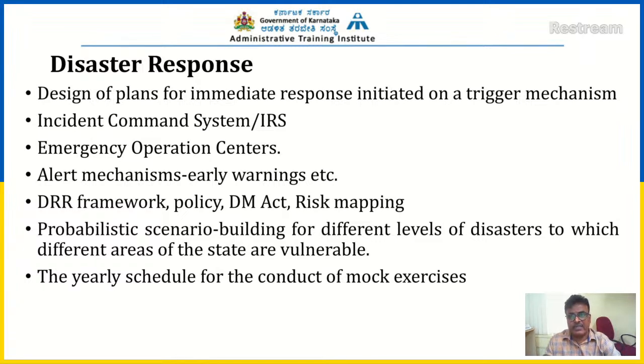So, for example, there is a mass gathering. If so many people are likely to come and gather in a particular place, what is the likely scenario of stampede? And if the stampede happens, how should it be managed without loss of life and damage? Such scenarios are developed in our plans, and we take early measures to see that no loss of life occurs. That is what is known as disaster response.